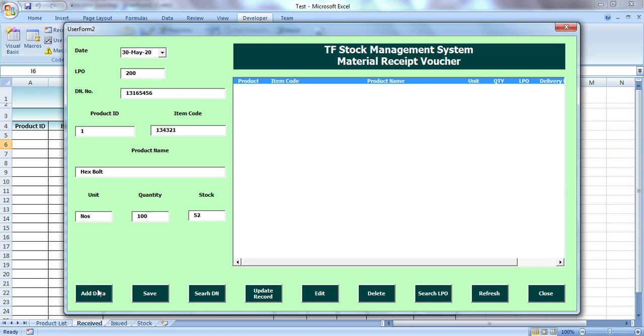and I press add. As you can see, all the values including dates are showing here. You can add another product also. Now I will add one more product.